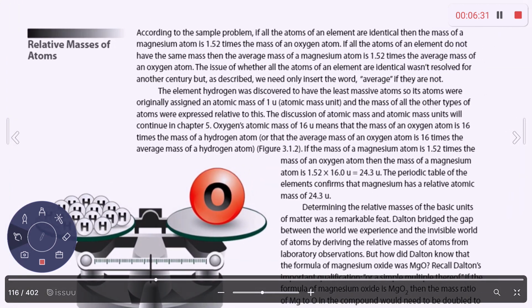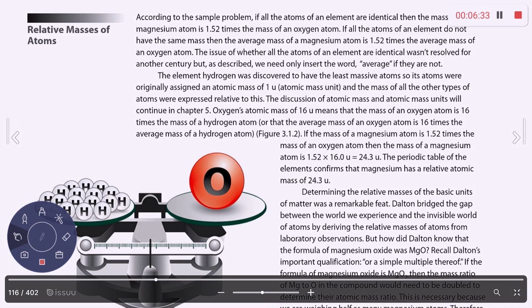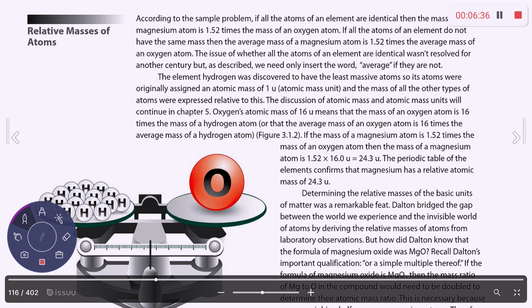Okay, now let's talk about the relative masses of atoms. The element hydrogen was originally discovered to have the least massive atoms, so its atoms are assigned an atomic mass of 1 U. You should know that this U stands for atomic mass units, which sometimes are abbreviated AMU as well. Now, all of the other masses of the other different types of atoms on the periodic table were expressed relative